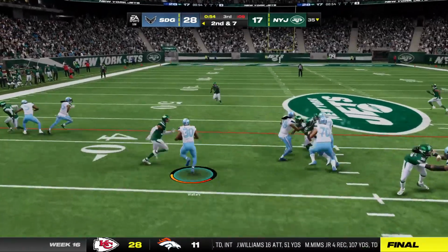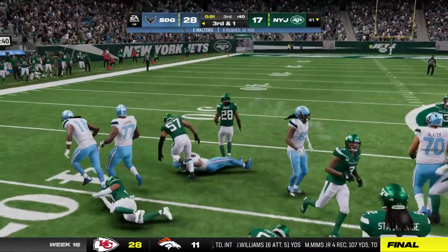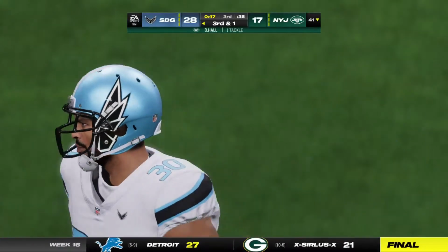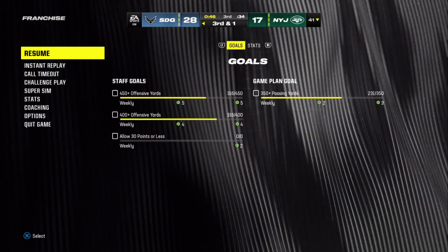They'll try the left side. It's Walters. And he's got it up over the 40 to the 41. A gain of 3 last play. This time they...